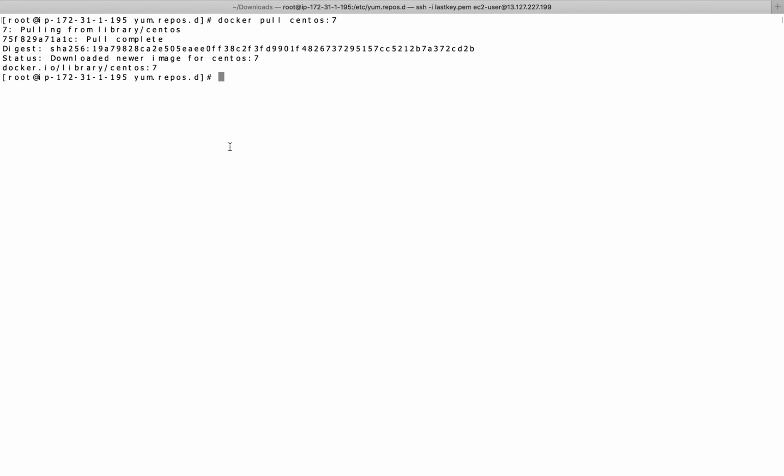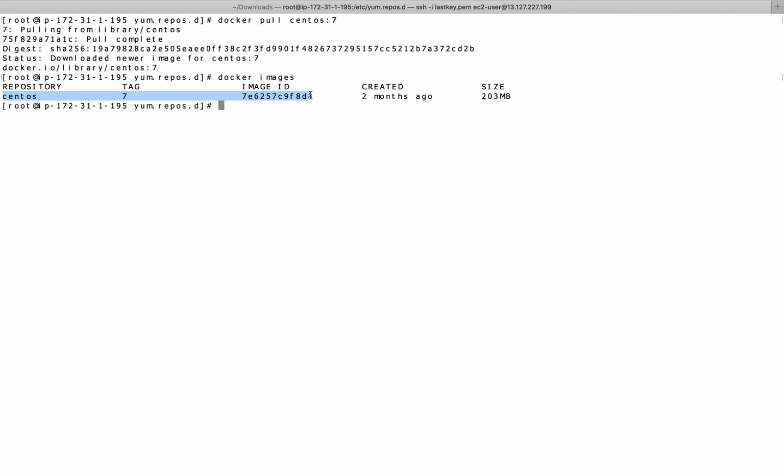The best advantage of Docker is that it uses container technology and creates a machine in which we can work. You can see in docker images we have the CentOS image, and to check how many containers are running, docker ps, you can see no containers are running till now.